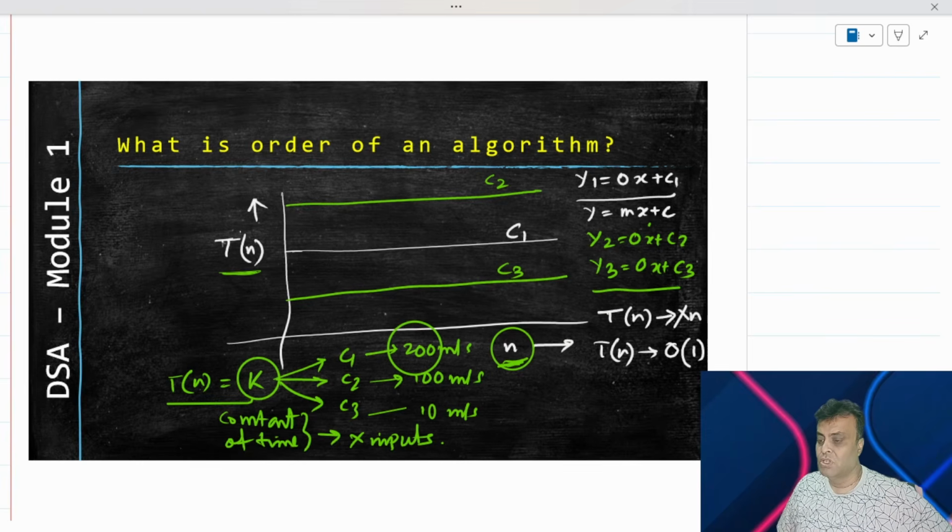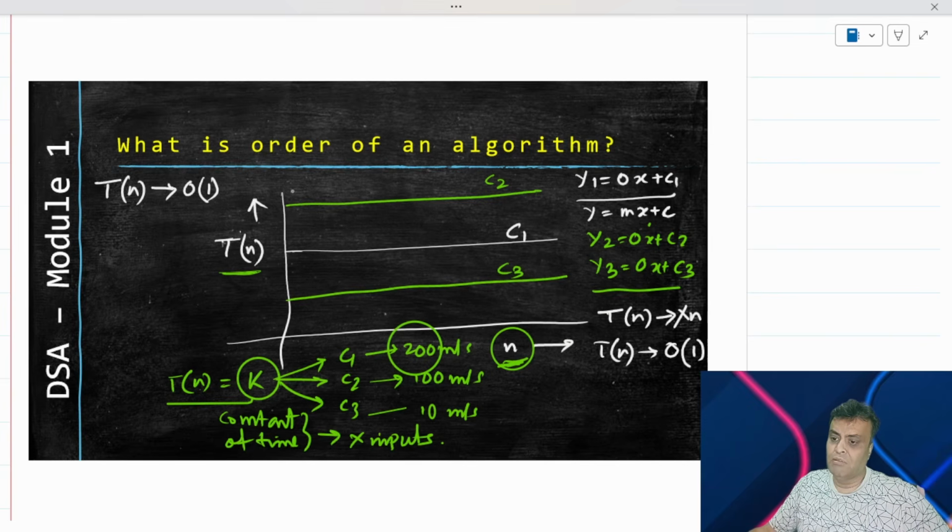So what we have established is that the time taken by a polynomial is represented as an order, and that order can be order of 1, which basically means that it does not depend on the number of inputs. It remains constant time. The constant time can change from machine to machine. That's why I will represent it by a generic term, which is order of 1. And that 1 can be used to multiply and get into the scenarios of various different machines.